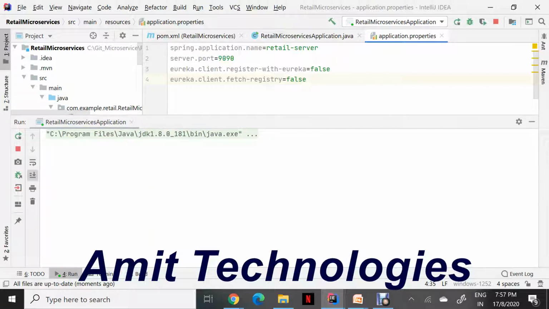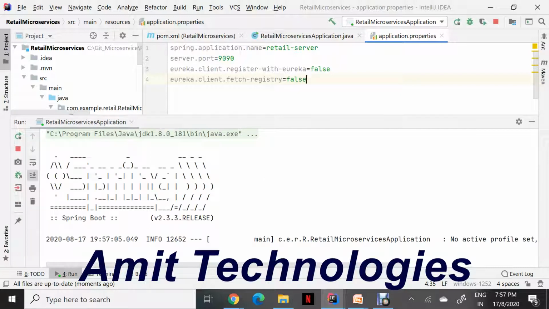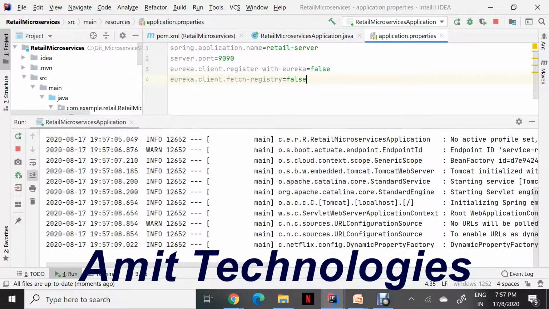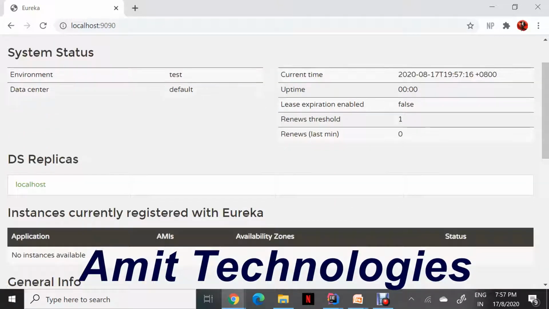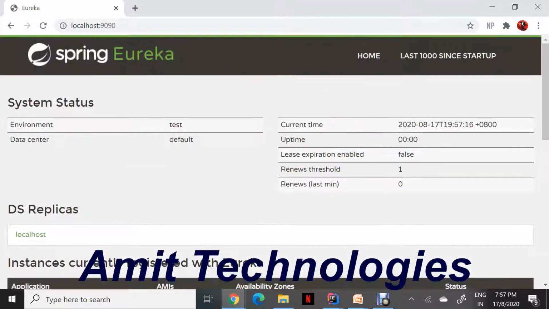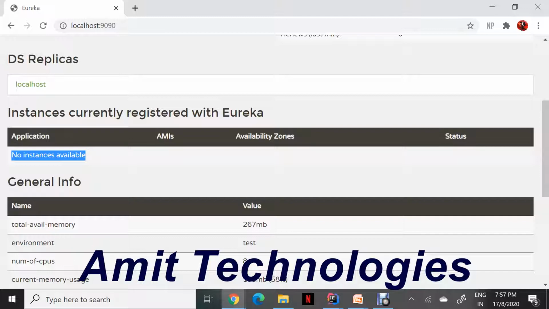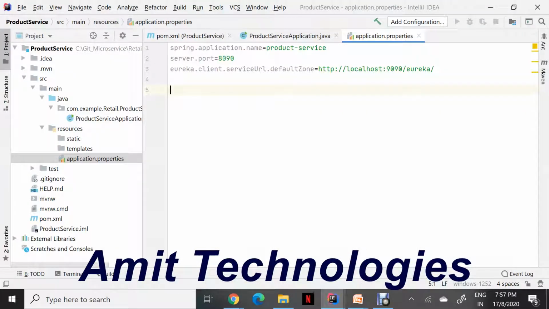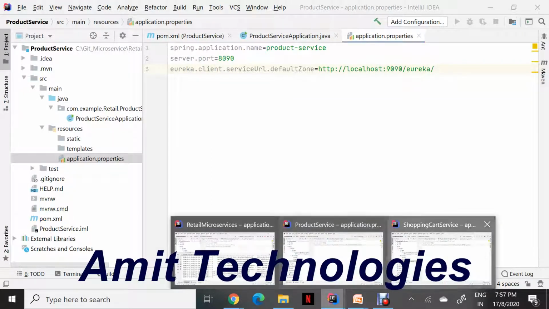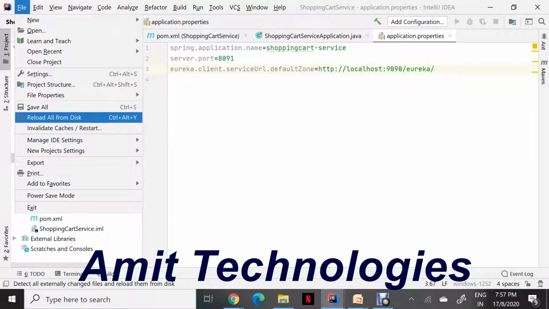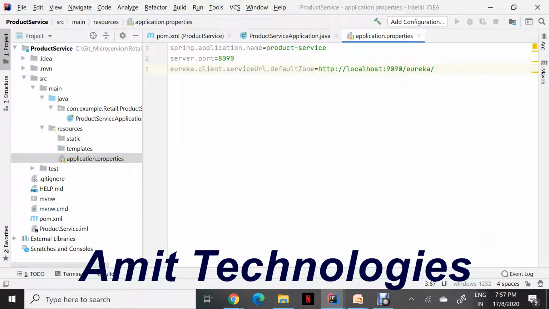As soon as you start your server, your Eureka server will be up, and then when you go to your 9090 port, it should show you the Eureka server has started. Okay, Eureka server has started, but you don't have any instance right now. No instance available because the services associated with it are not started. So let us try to start those services so that we can see those instances there.